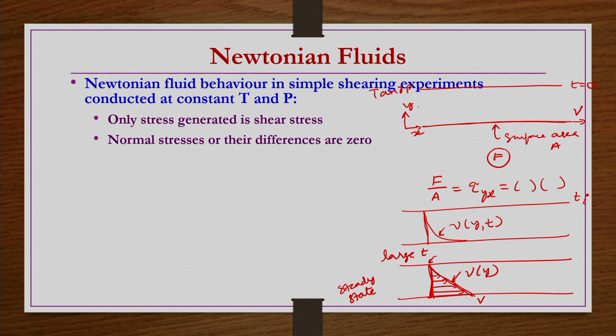whatever is there, that is proportional to the shear rate, that is minus dVx by dy, and then the shear stress is directly proportional to the shear rate, and there is a proportionality constant, that is viscosity mu. Right. So, this is what we know about the Newtonian fluid definition. Any fluid that obeys this, tau y x linearly proportional to the shear rate, we call it a Newtonian fluid.